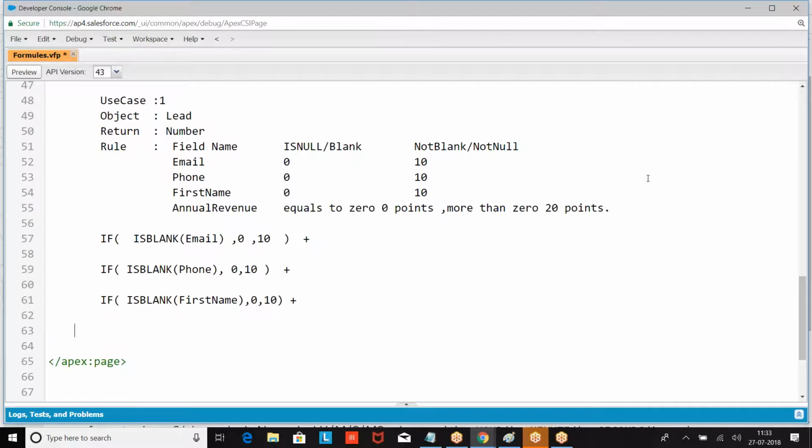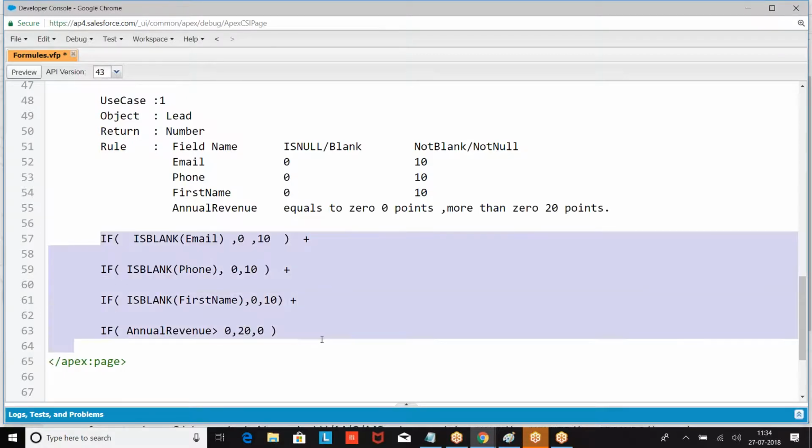If annual revenue is greater than 0, 20 points. Otherwise, this is how we give. So based on this, we are going to get either 0 or 10, 0 or 10, 0 or 10, 0 or 20. Then I am going to get a final score. People are good with this example.